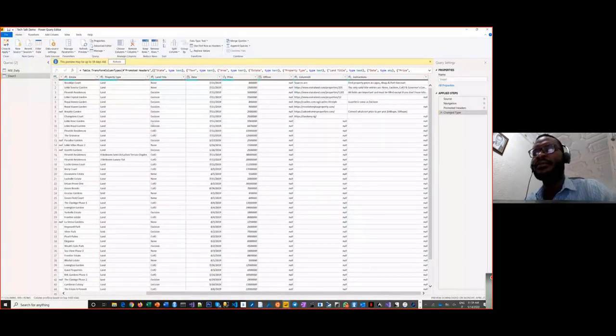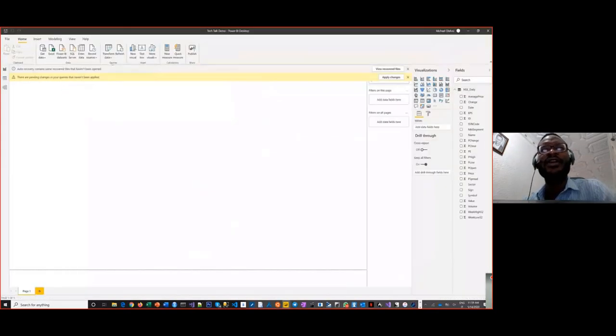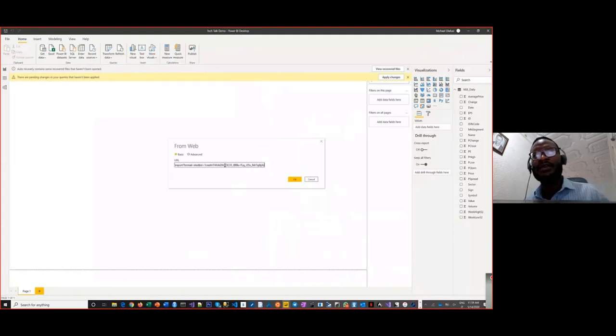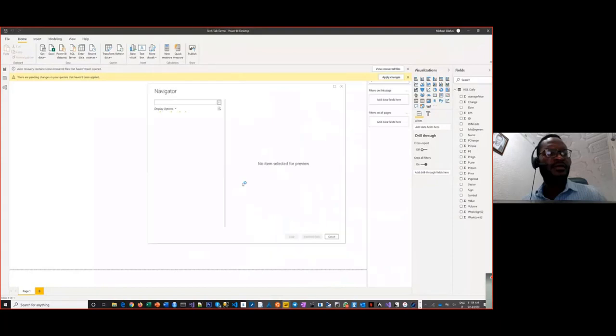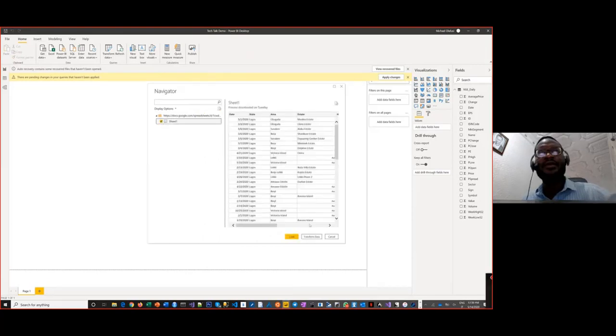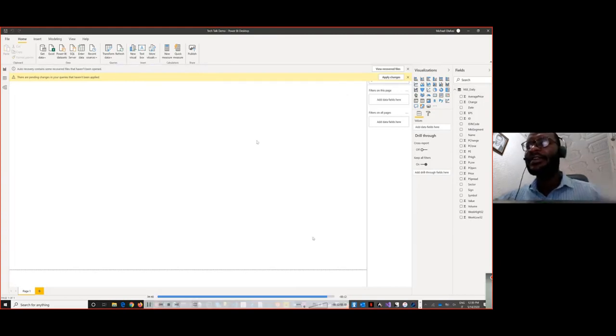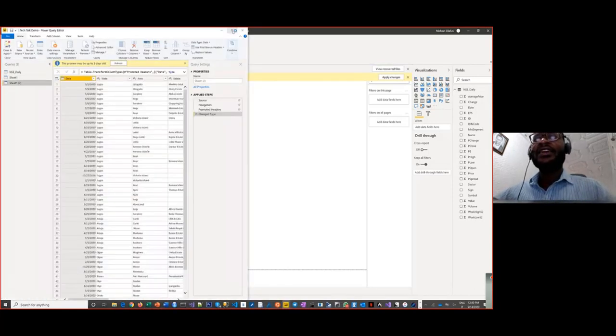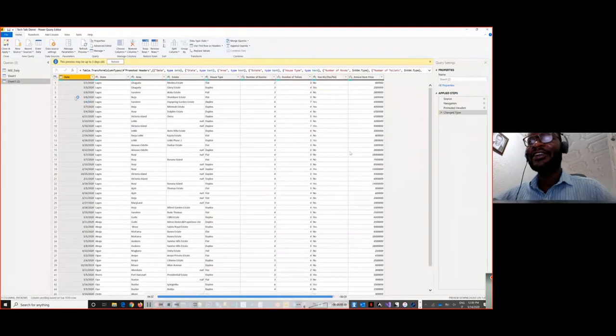So let's go bring in the other one, the second data source. So I'm going to minimize this. I'm going to again go back to get data, and then web, and I paste in the new link, similar experience, and transform data. So with this done, I can immediately start. So this is the end of the recorded part,